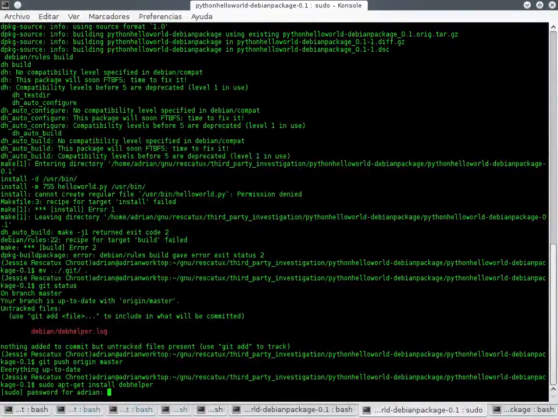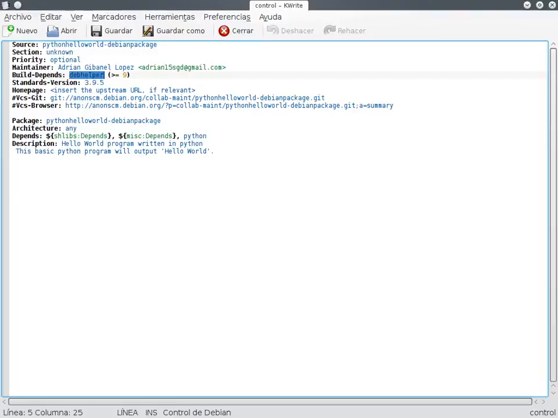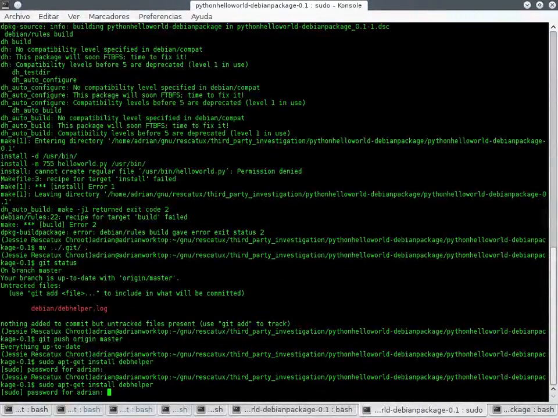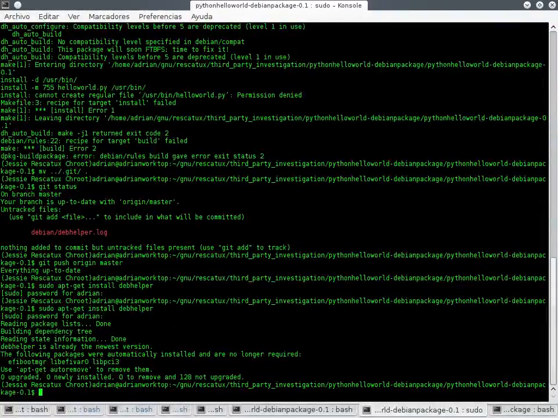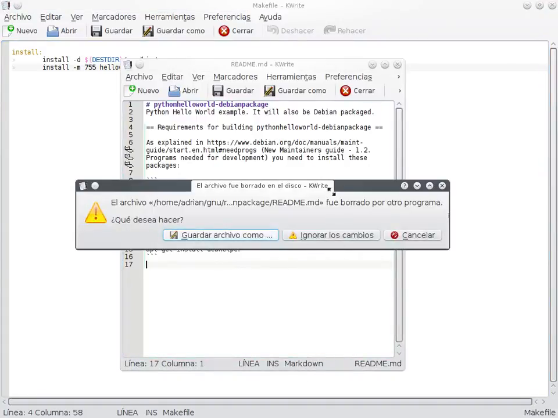But the helper was in Build-Depends in control. Build-Depends: debhelper. Yeah. So why is it not in the makefile? Sorry, in the readme. Why is there no